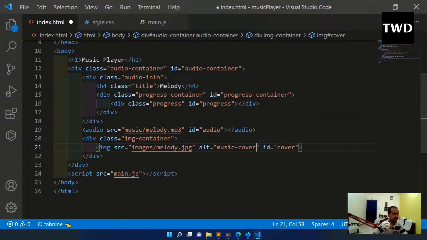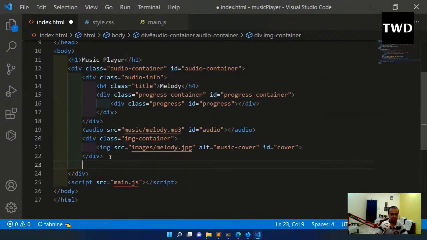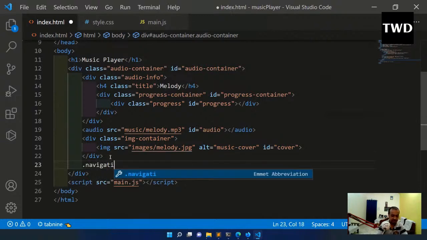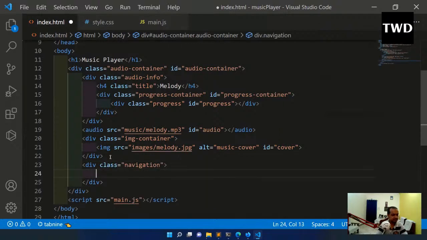And then after that, let us have those navigation things. Okay, so after this container we are going to have the navigation. So dot navigation I'm going to do, and